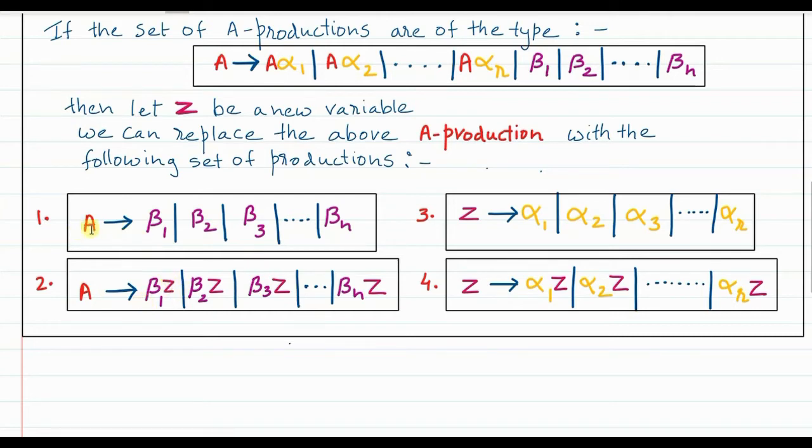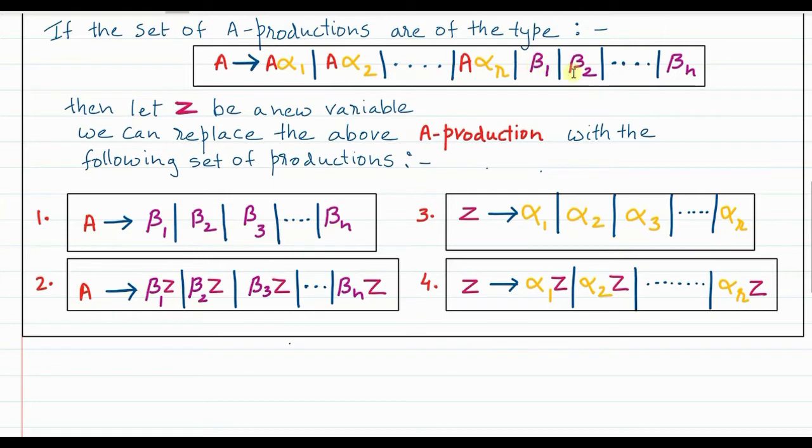Then rewrite the same production, this time with an extra element called Z. Earlier we had written A gives beta 1, beta 2, beta 3 up to beta n. The next production will be A gives beta 1 Z, beta 2 Z, beta 3 Z up to beta n Z. So to this production, just introduce the Z term at the end and the production will change. Okay, you can compare these two. What is extra here is a term called Z. So this way, two productions, A gives beta 1, beta 2, or A gives beta 1 Z, beta 2 Z.